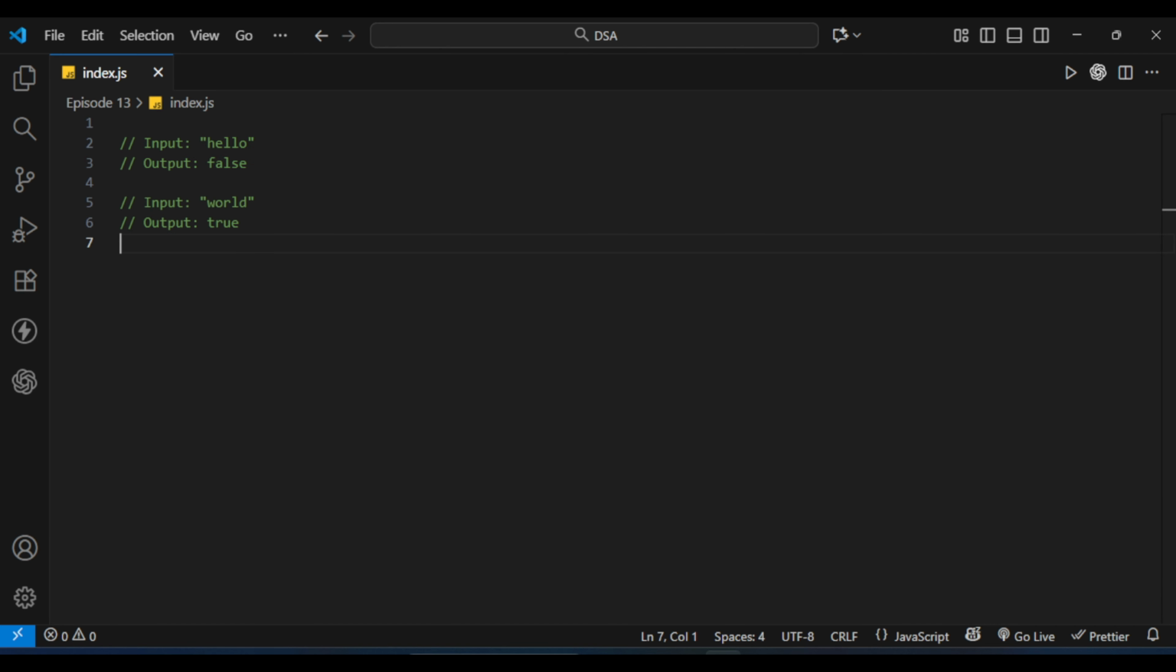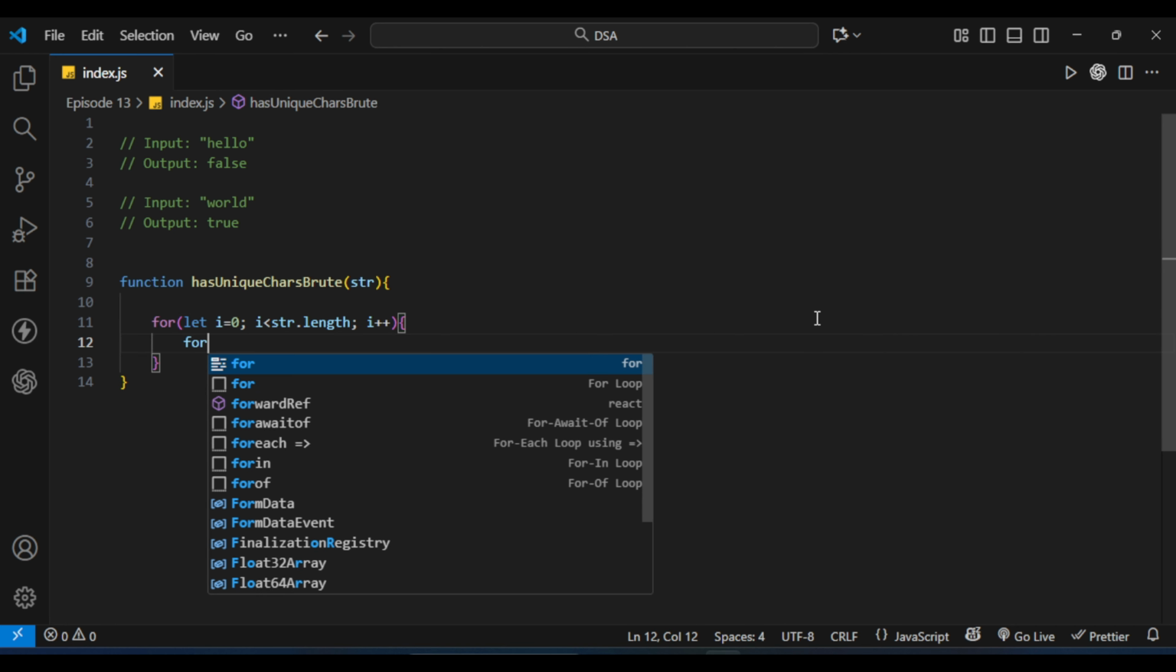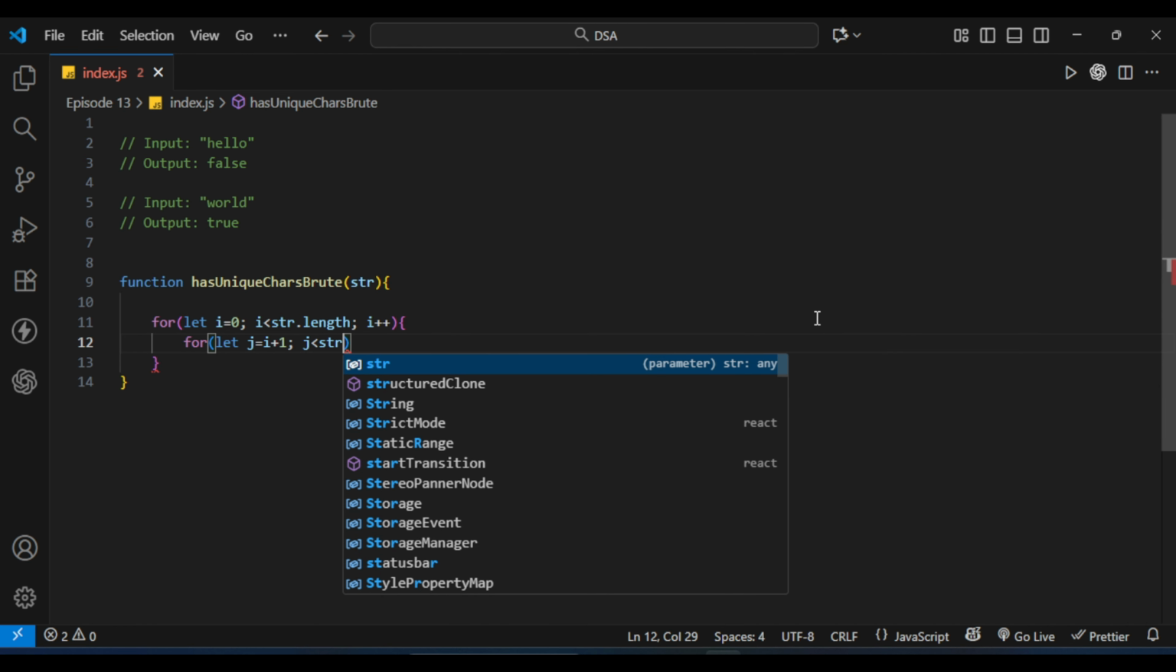Let's start with the simple brute force method. We'll compare each character with every other character using two loops. So we have created here hasUniqueCharsBrute, and this function will take a string. Now we'll run let i equal to 0, i less than str.length, i plus plus. And the second loop will start from let j equal to i plus 1, and j less than str.length,